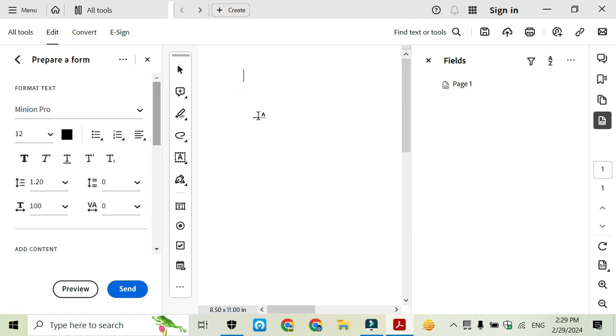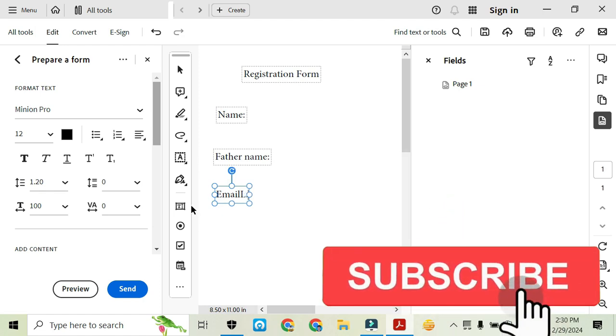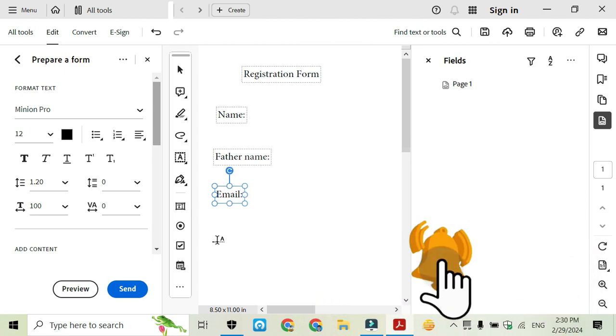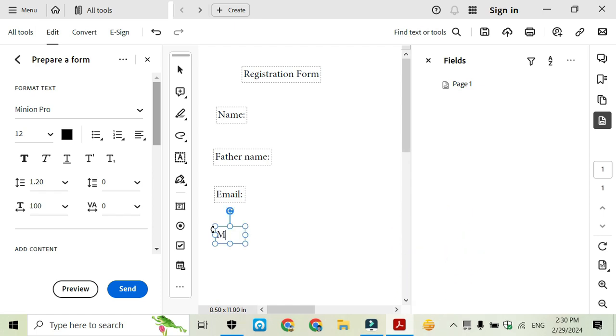I will add here form name, registration form, then I will add here text field, name, father name, email, mobile number,